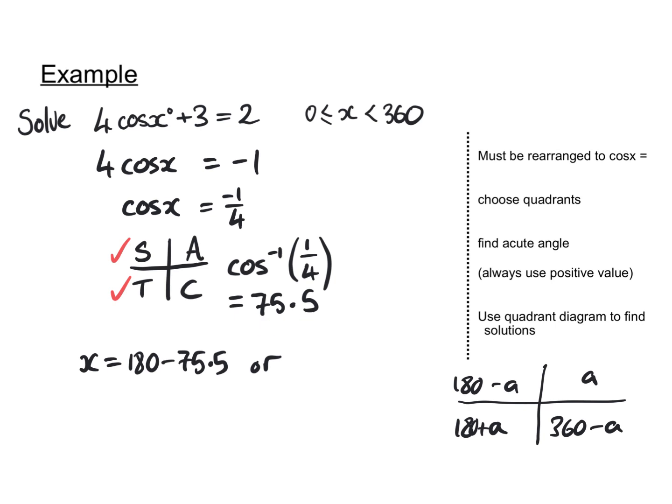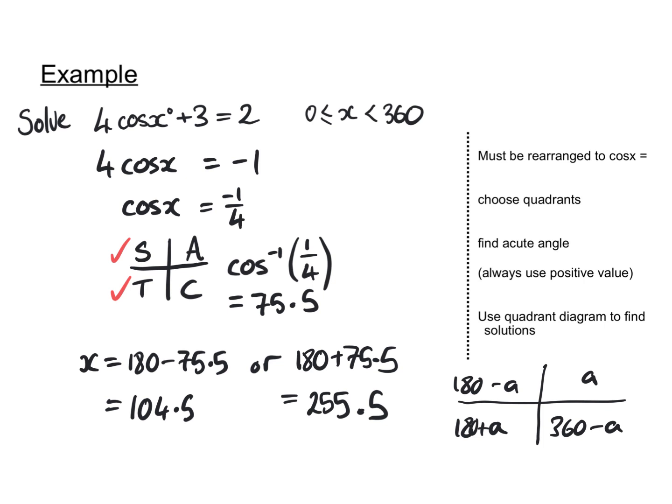Again, that's my acute angle, so 180 plus 75.5. And all I then need to do is work out those two calculations. So 180 minus 75.5 is going to give me 104.5 degrees. And lastly, the 180 plus 75.5 is going to give me